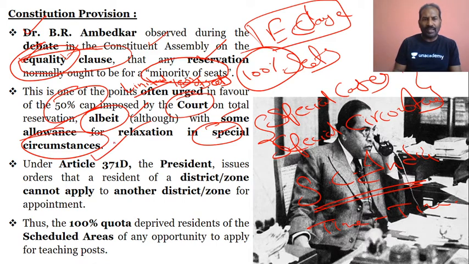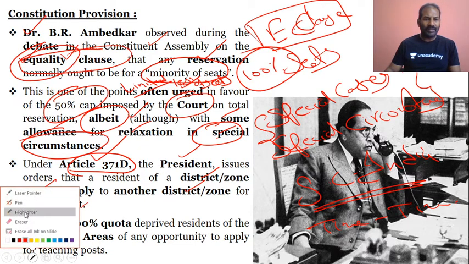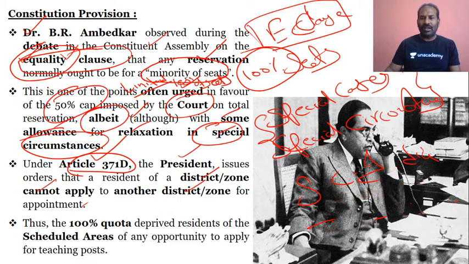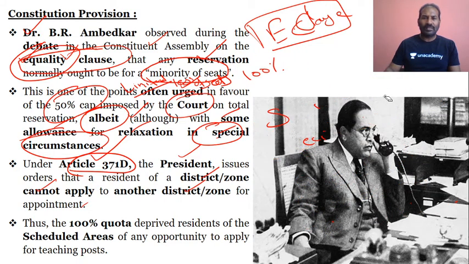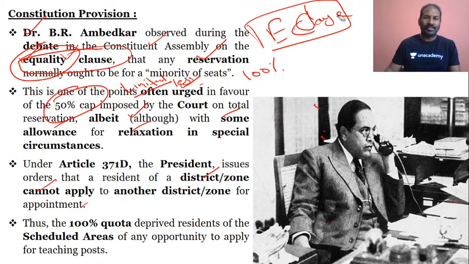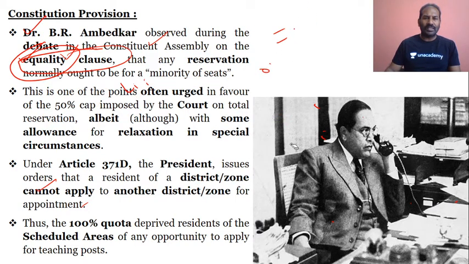And under Article 371D, the President issues orders that a resident of a district or zone cannot apply to another district or zone for appointment. Please do understand here, cannot apply. So when we are talking about cannot apply, what does it mean? As per Article 371D, the President has issued a presidential order that a resident of a district or a zone